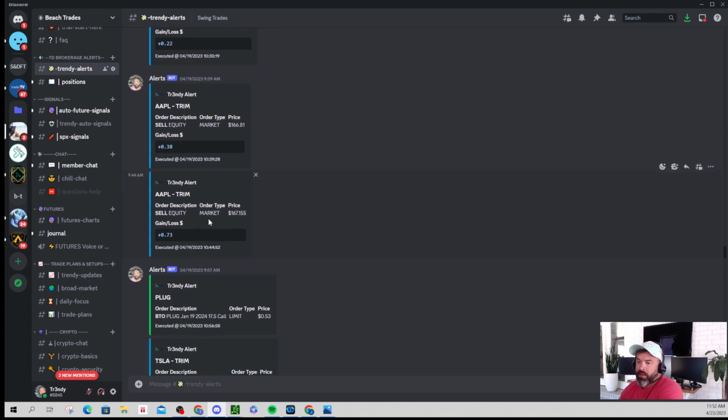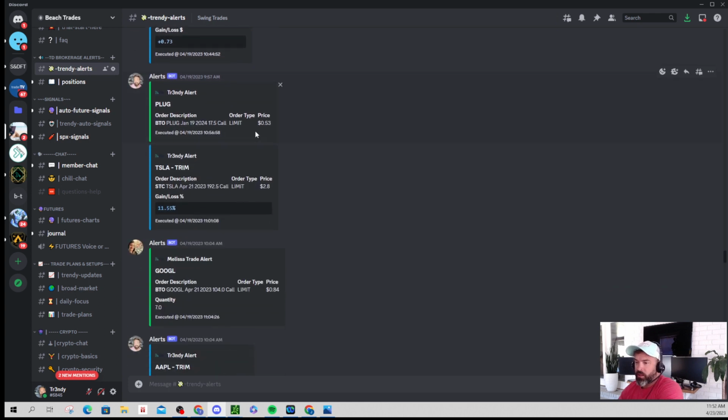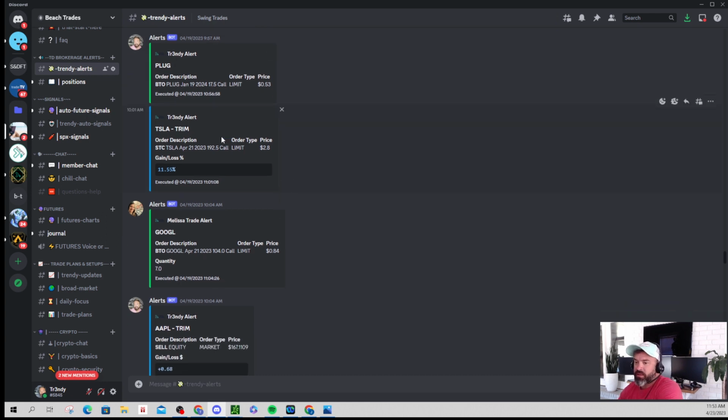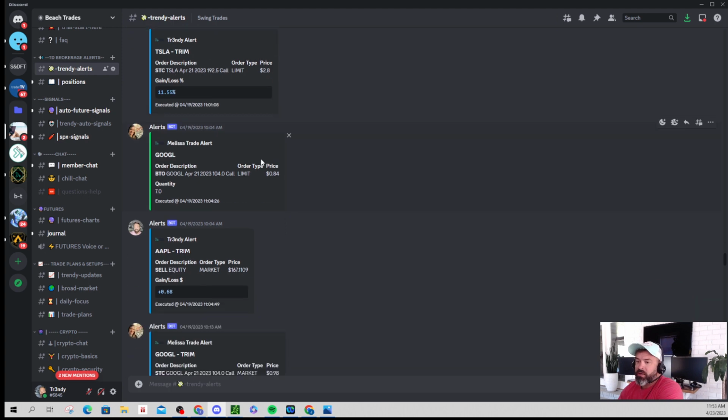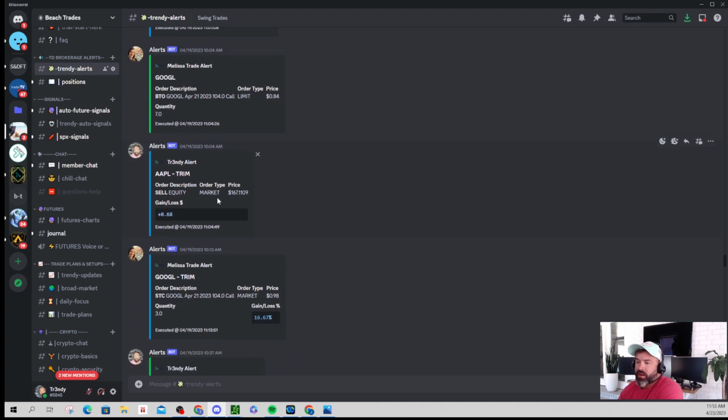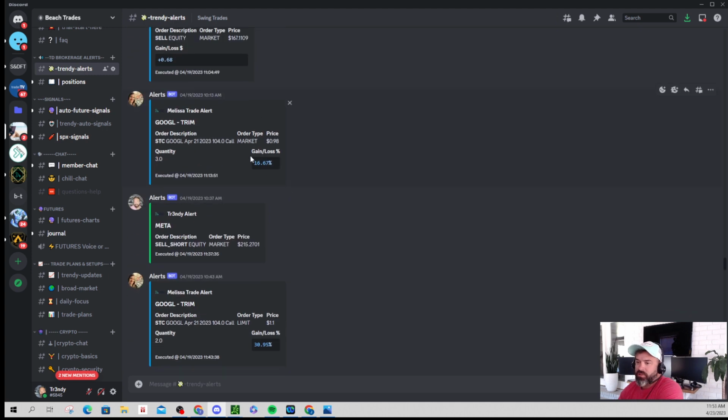Apple trim again. Apple trim again. Plug long-term trade, 280 days or so out. Just kind of building that position there. And then Tesla trim on our options at 280. And then Melissa comes in with seven of the Google calls, it looks like. And then I'm still trimming Apple. She starts trimming Google. I mean, what can go wrong? Did we ever lose? I mean, seriously, right? Yeah, right. Well, towards the end of the week, it gets a little bit different.